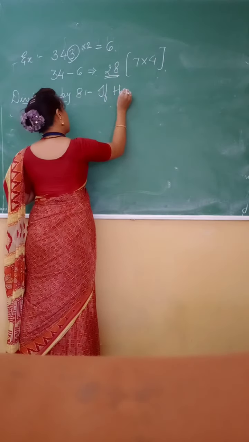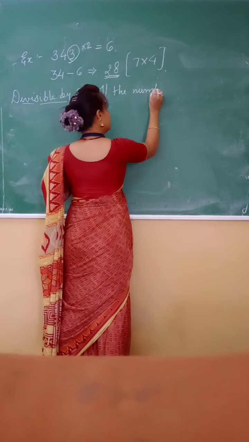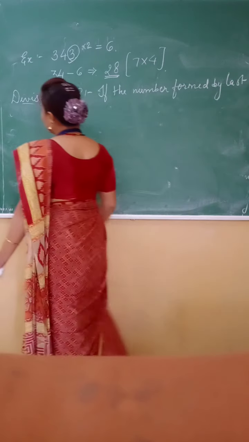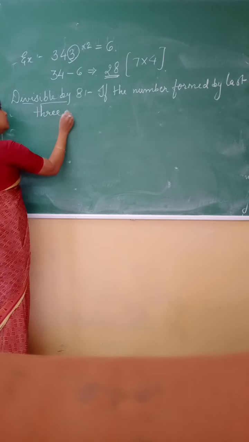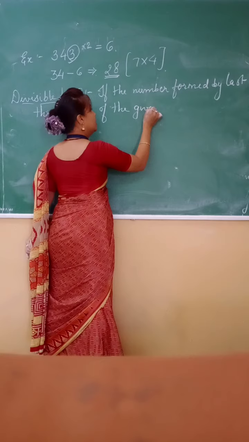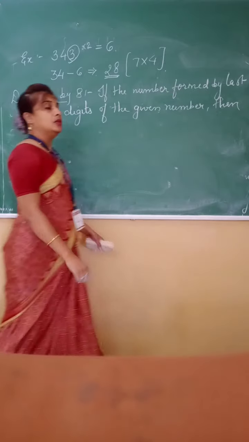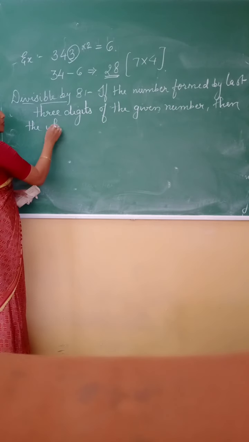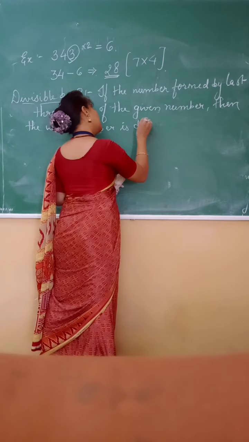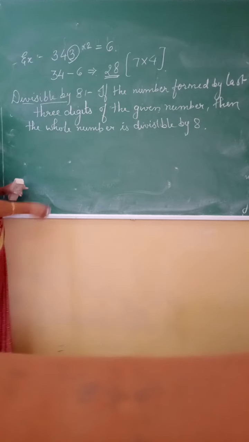If the number formed by last three digits of the given number is divisible by 8, then the whole number is divisible by 8. For example, let us take the number as